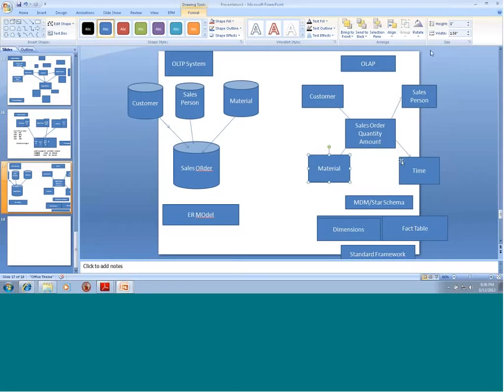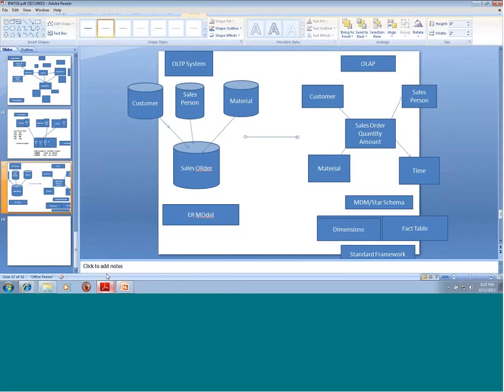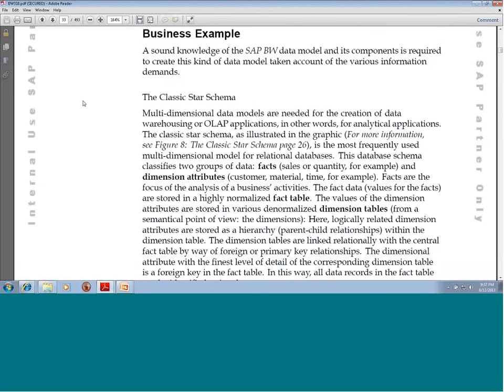This is linear and this is multi-dimensional. This is the conversion from an ER model to an MDM model. So let me quickly show you. Let me go to this. Once you get access to the blogs and all that, you will be given access to all these materials. All the BW materials from SAP are available to us. It will be posted to the blog, to the corresponding places, and you will be able to access all this